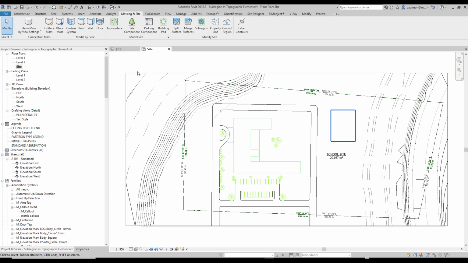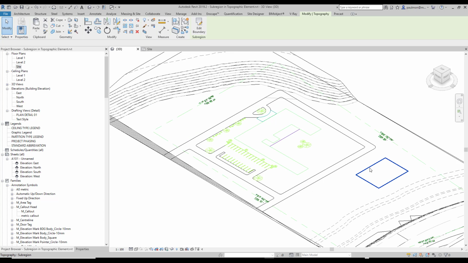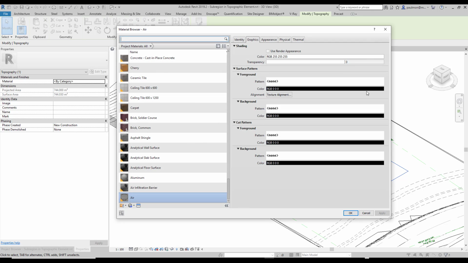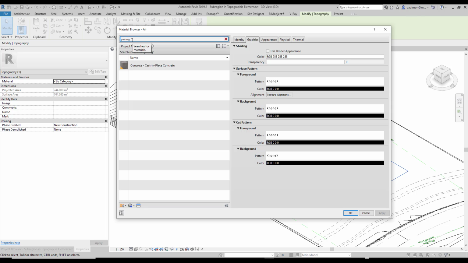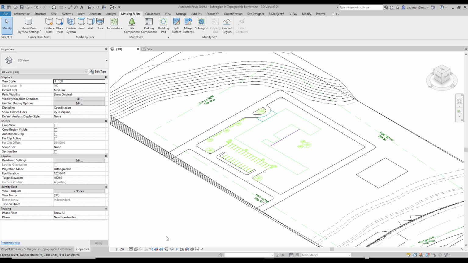And you can see now if you look at it in isometric view, you have this patch here. Now we can actually assign the material to this patch. Material, we're going to call this, let's say, assign material. Say paving, cast in place concrete. Okay, let's see that we have a concrete pad there. Now if we look at it in a consistent color view,